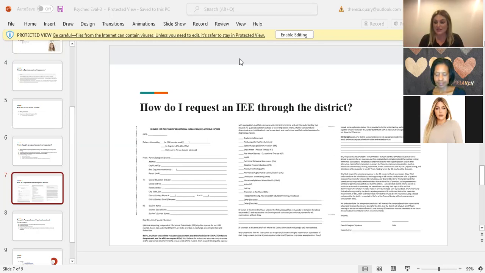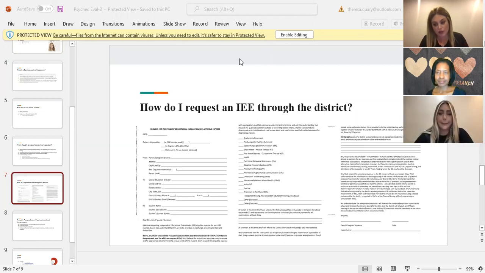Just recently I assessed a kiddo, and he's twice exceptional, which means he has special needs, but he's also highly gifted. And the school did not want to originally give him an IEP because he is getting A's and B's. But from a social perspective, he's doing really poorly. So through a comprehensive independent educational evaluation, we had to show the school district that in fact, he does need an IEP under a special education category of autism. And these are the reasons why.